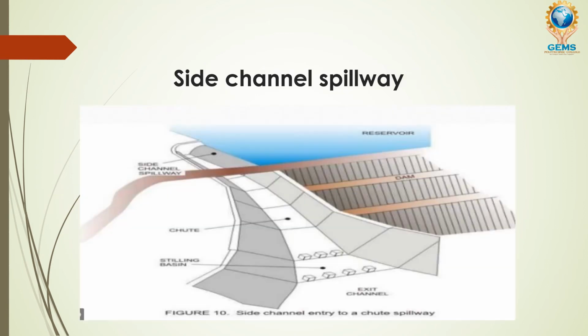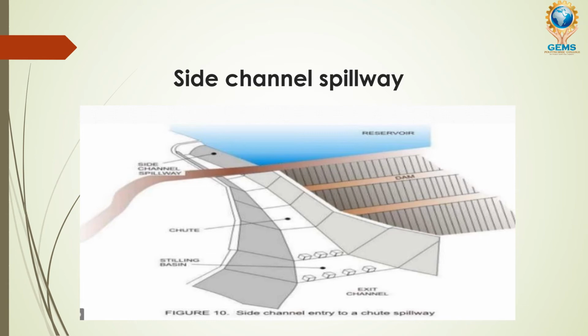Okay, fine. You can see the side channel spillway in a picture here in this slide. You can see the body of the dam, which is a certain distance away from this side channel spillway, which is constructed at right angles to the dam. You can see the reservoir on the upstream, from where the water is diverted when there is excess water flow at the upstream side. And you can see there are stilling basins. These stilling basins are provided in order to minimize the velocity of the water coming to the downstream portion from this spillway, so that it does not affect the downstream portion of the dam.